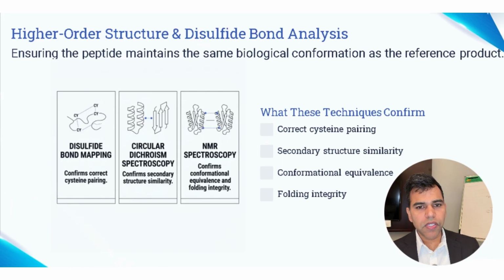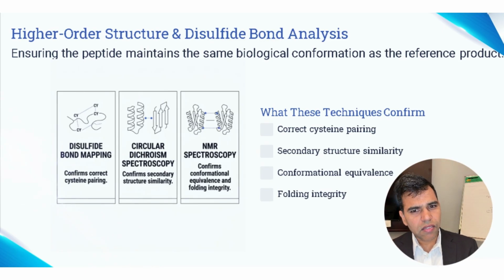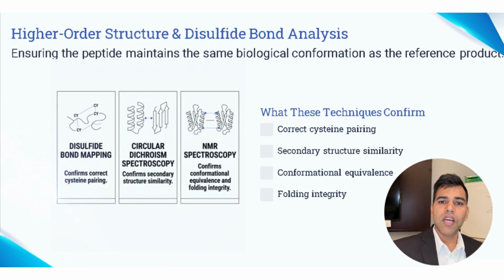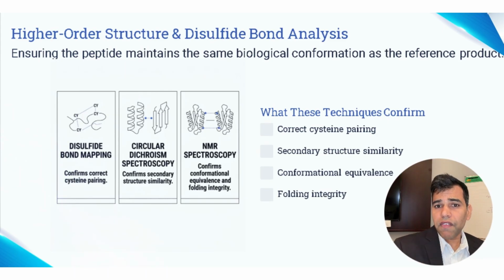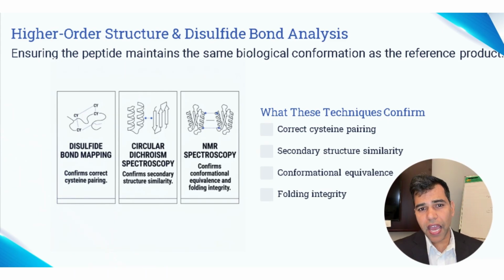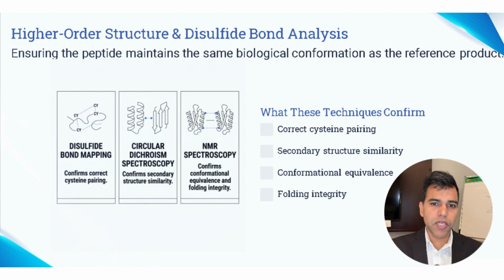Now here is where it gets genuinely challenging. That's the higher order structure, the harder part. Higher order structure analysis covers the conformation, folding, and disulfide bonds. Think about this in two ways. Two peptides can have identical amino acid sequences and still behave completely differently, because if they have disulfide bonds that are paired incorrectly, or if the molecule folds into a different conformation, that's not a hypothetical risk, it's something